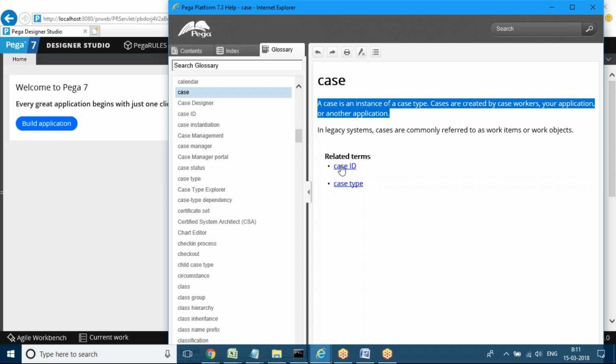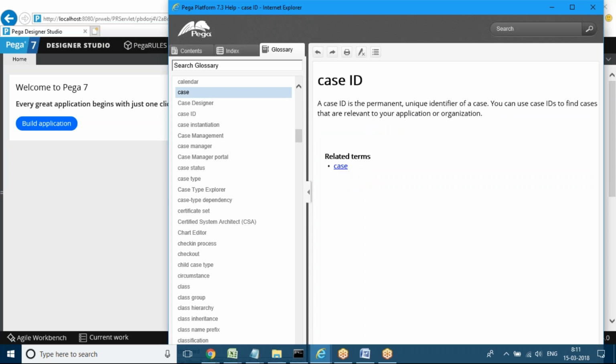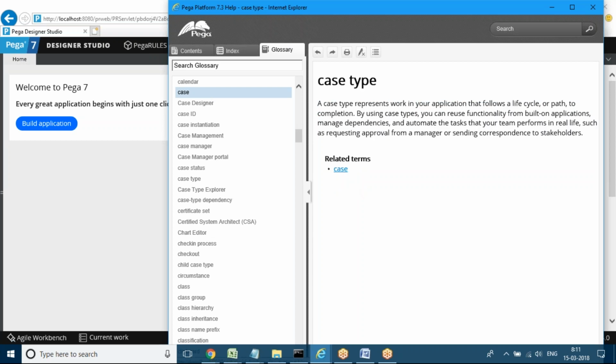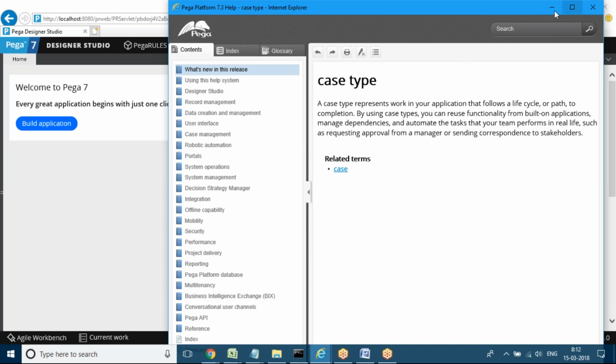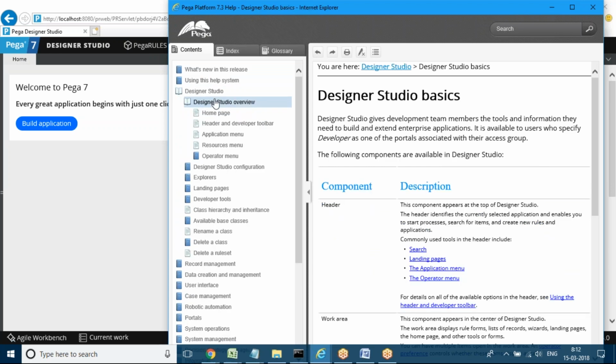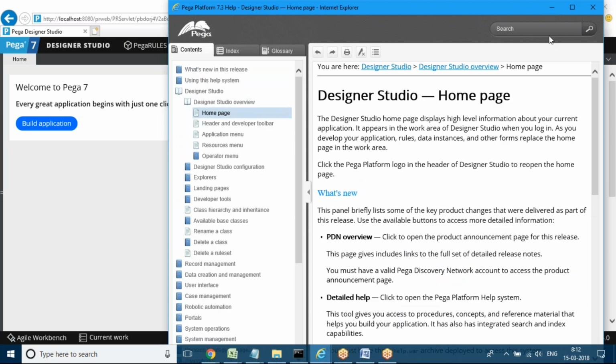If you want more information about that, you can get some subtypes and relevant topics as well. Case, and what is the difference between case type and others, you'll get the detailed definitions. For example, now we are discussing the Designer Studio, right? In the Designer Studio, we have something called a header, and different components are there. If you want to know what is what,